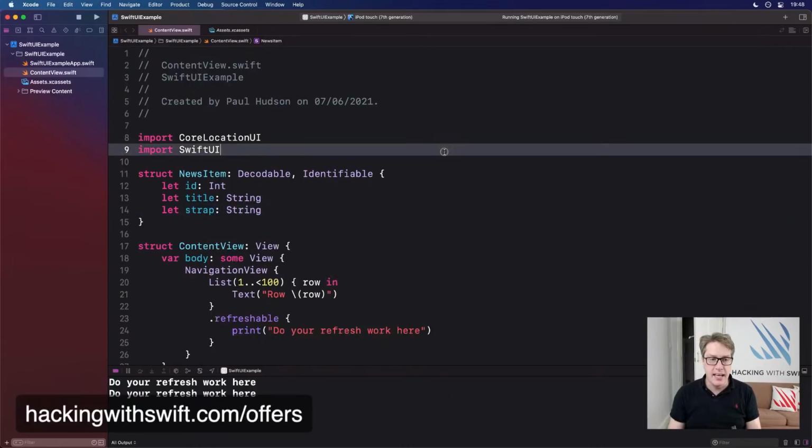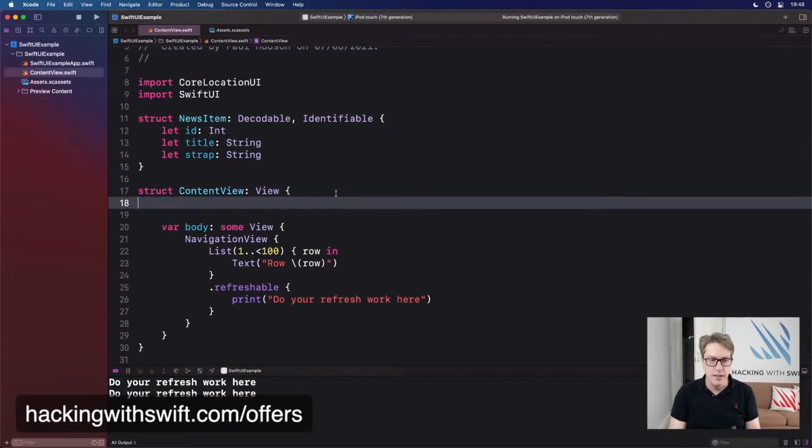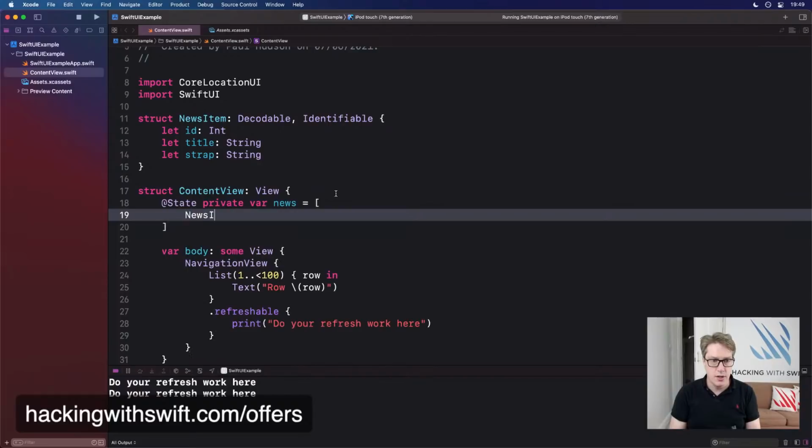And then we could say inside our content view, there is one built-in news item. I'll say @State private var news is an array of news item with, let's do ID 0, title "Want the latest news?", and then strap "Pull to refresh."